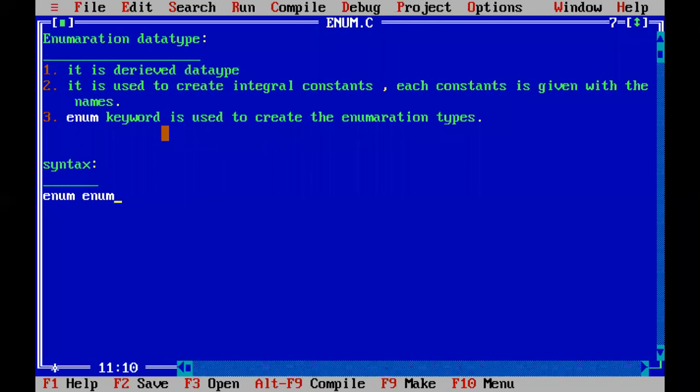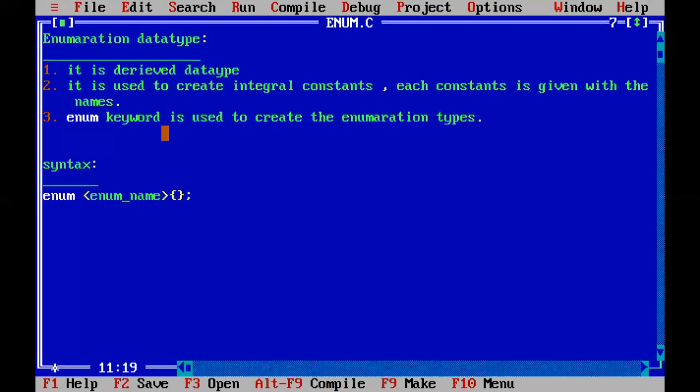Like struct, space, and a structure name, in the same way enum, space, enumeration name. Here you have to write the name, and open the brace and close the brace.